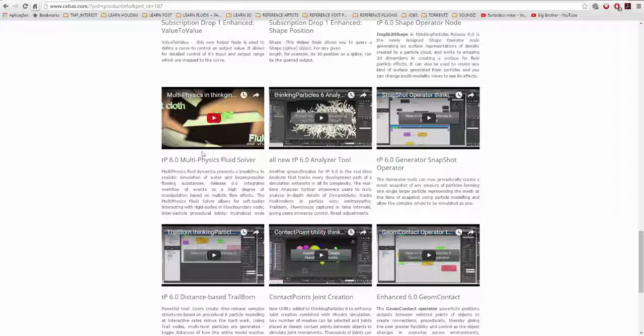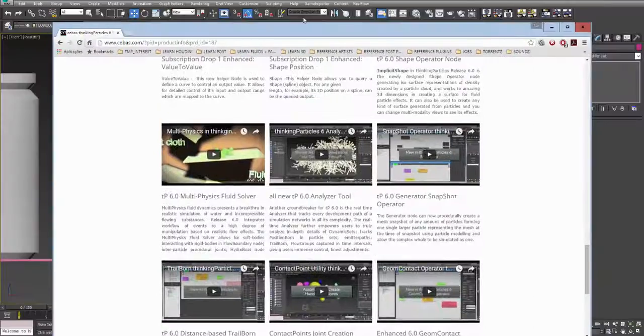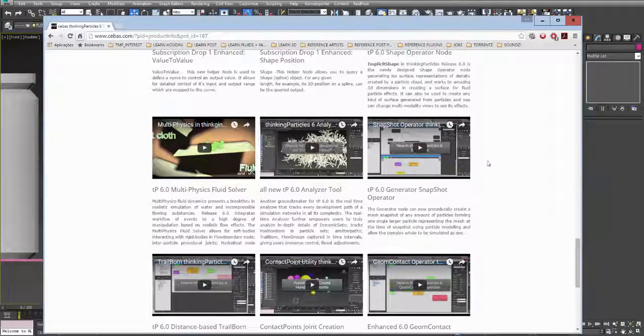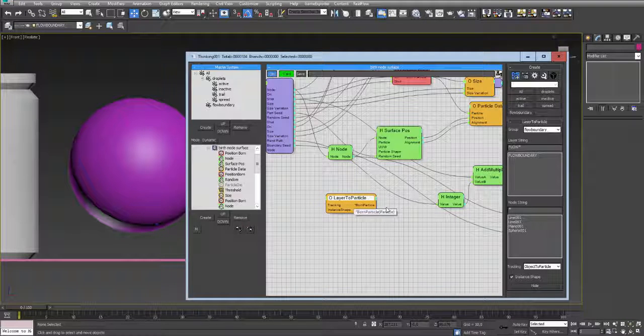You have the fluid solver here, so you have cool videos explaining a lot of things that I'm trying to explain here in a simple way. So for sure they have layer to particle, and if they don't, you have the manual and you can understand. So here the layer string, I've used flow and then this, but I could